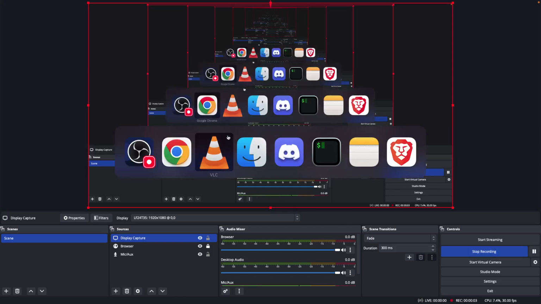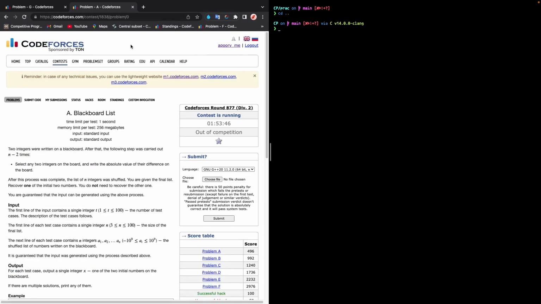So, hello, we are going to do Codeforces Round 1838, with 877, 1838 as